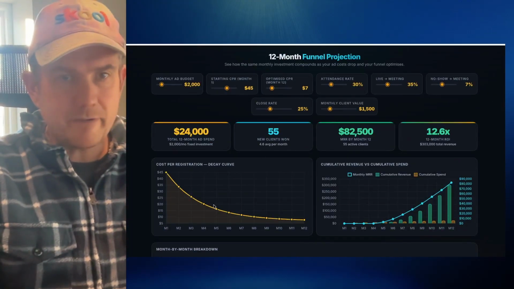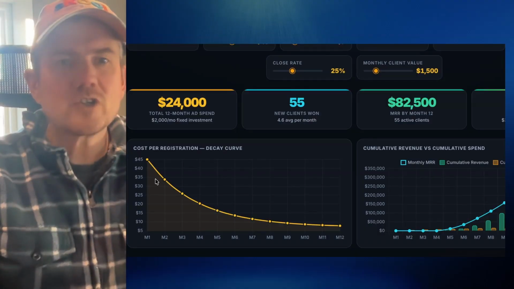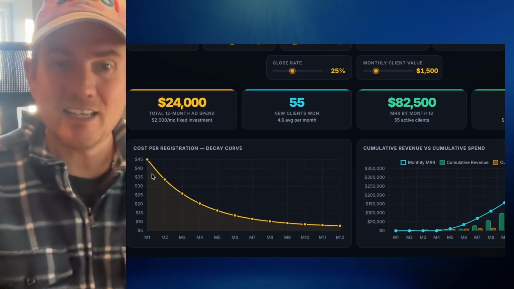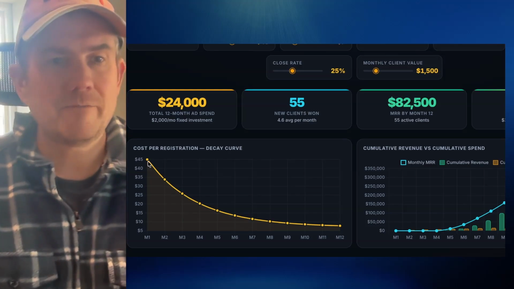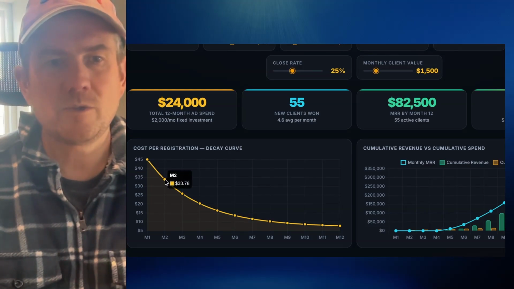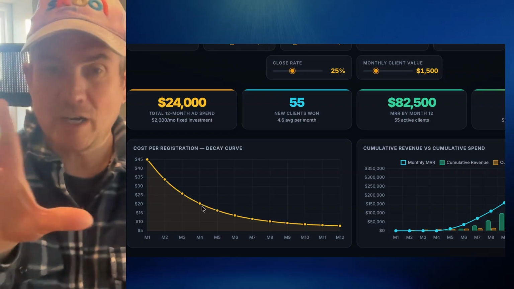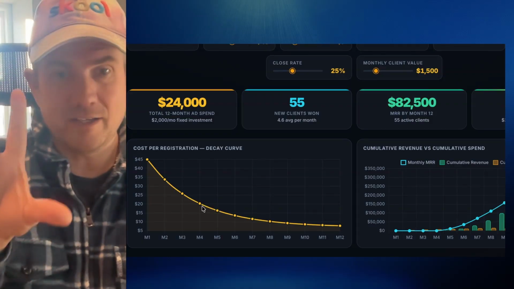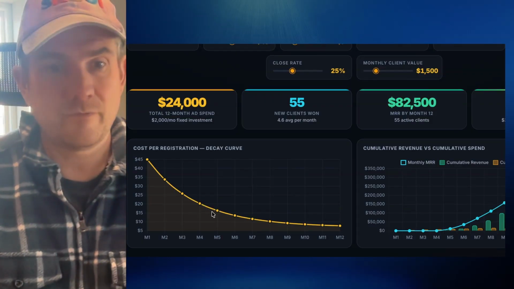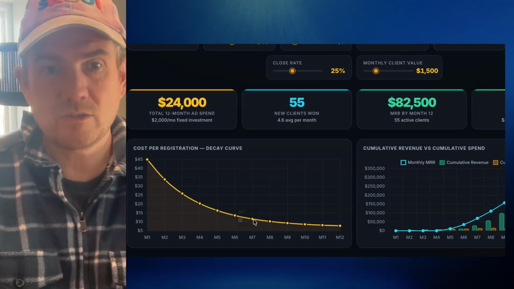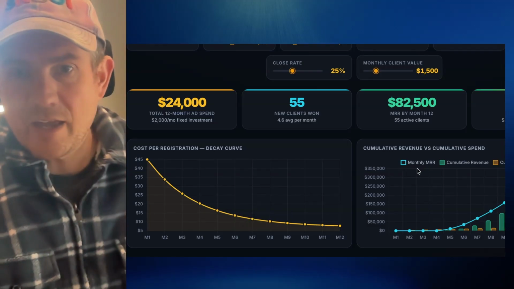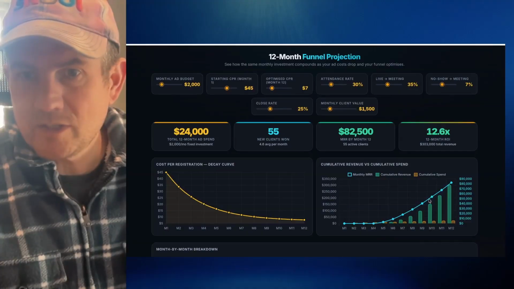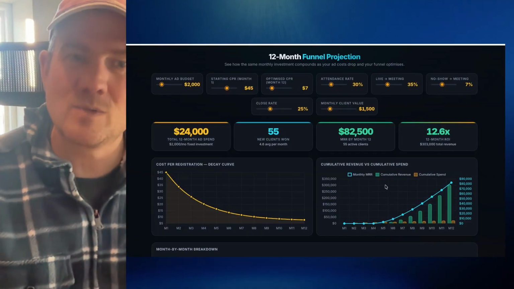You can see this graph here. You can see the cost per registration. There's a decay. Like my teeth that are starting to go as I age. We're starting at $45, but over time, as we throw more money to Mark Zuckerberg, that does go down. And I showed you at the start of this video, $8 per webinar registration. Very normal once you've been running these over a certain period of time. So that decays over time. And then there's your cumulative ad spend. You can see how much you're actually going to spend on the ads with Mark.